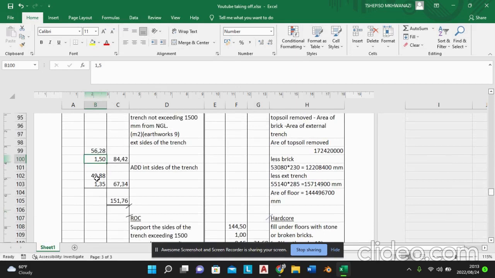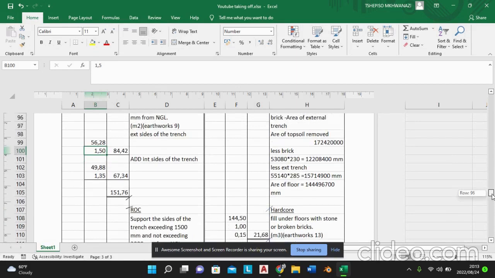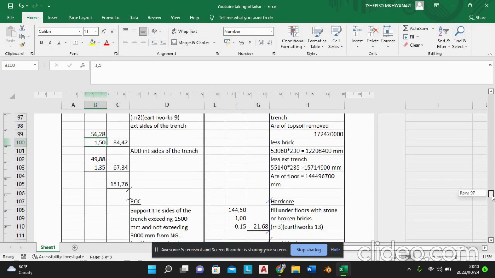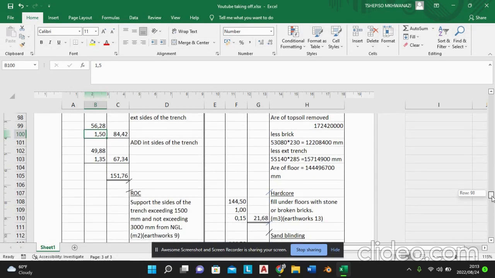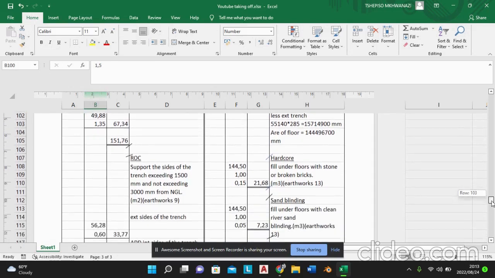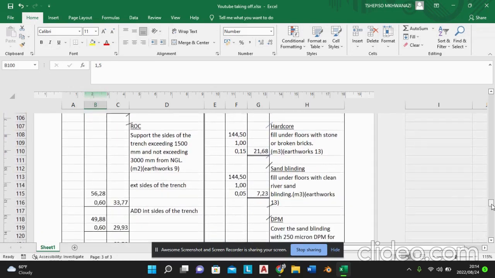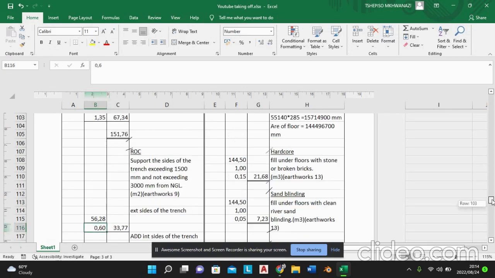Here is the award, and this is the risk of collapse for the natural ground level to 1.5 meters deep. And then here we use the external perimeter. Here we use the internal perimeter of the trench, and then we use the depth, is this depth, and then we'll calculate to get our things. We are done. Let me explain the center line